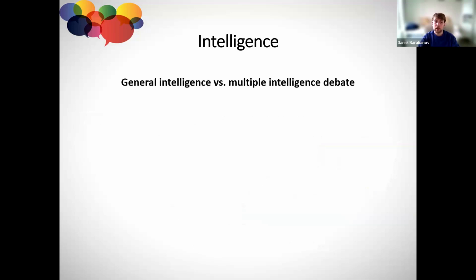People who study intelligence actually debate: should we consider intelligence as a general thing, where you're either intelligent or not, or do we have multiple intelligences, which represent our different abilities in different fields? So